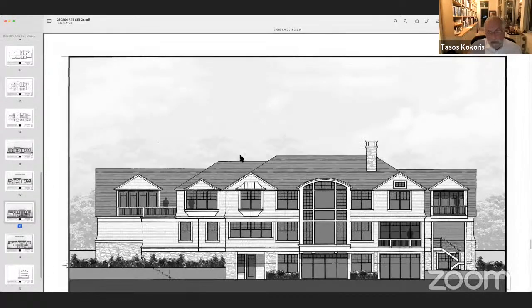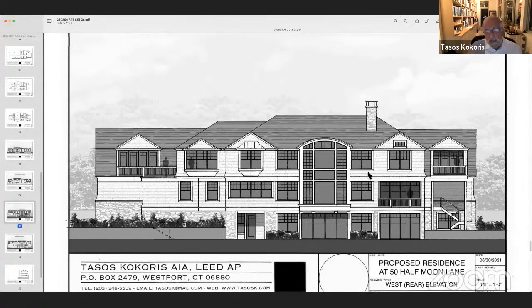The rear elevation looked like this, and we had discussed when I had originally presented the design to you, we were kind of questioning the shape of this middle element. I didn't think it was quite resolved, and I had mentioned to you, I remember, about creating more of a pediment in this area.